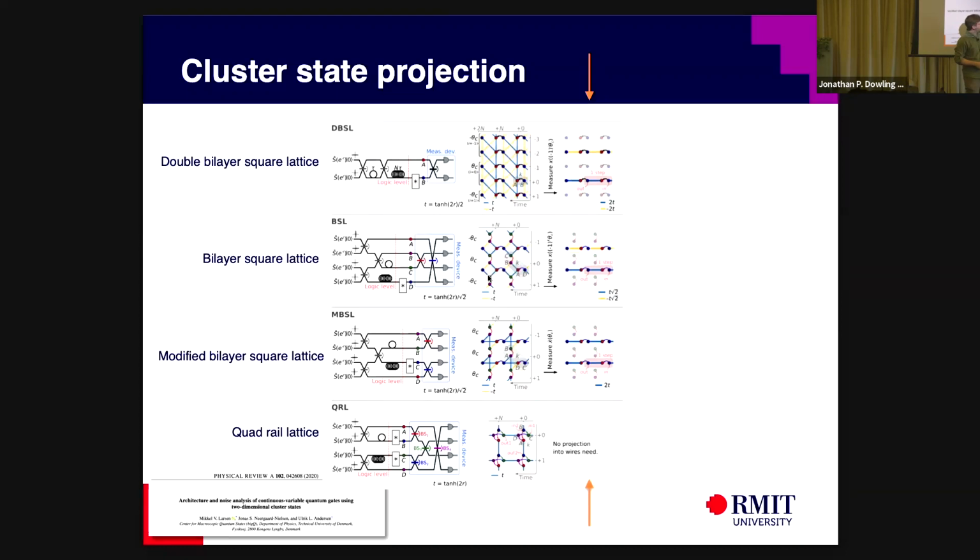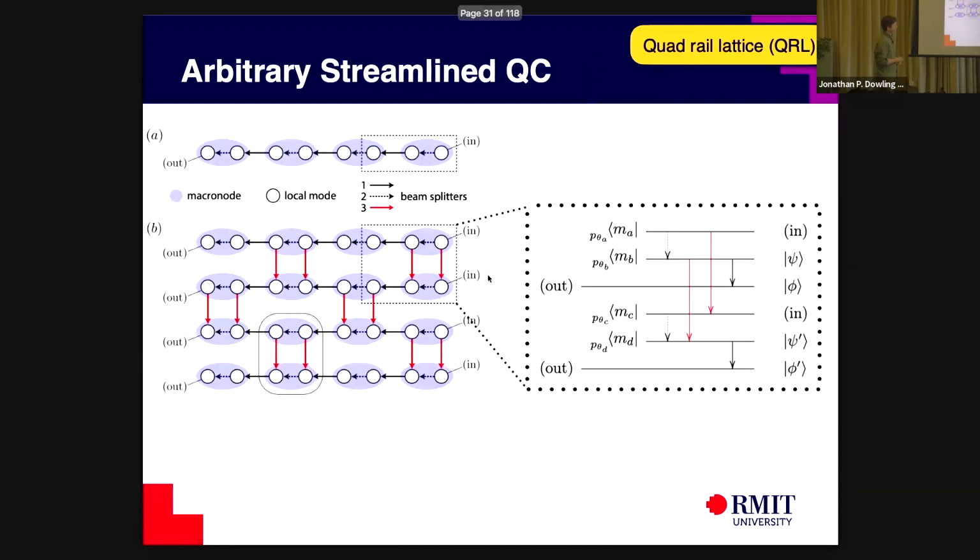But these other ones, they are first measuring in position a bunch of the modes to delete them because they want to attain this structure of wires. And the noise that was in those modes doesn't just disappear. It gets pushed around, and you end up with a lower quality state at the end. And so that's the only reason why people would say the quad rail lattice is better. What we showed is that, in fact,